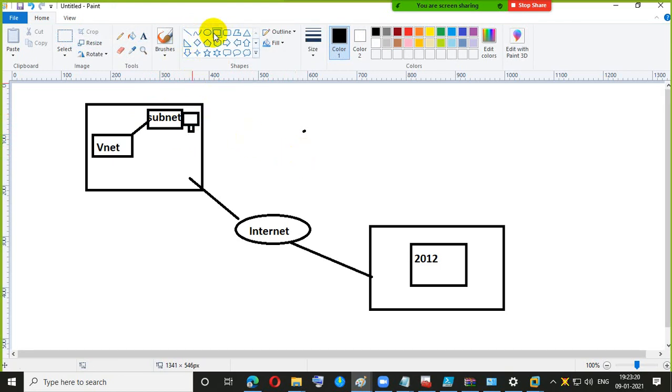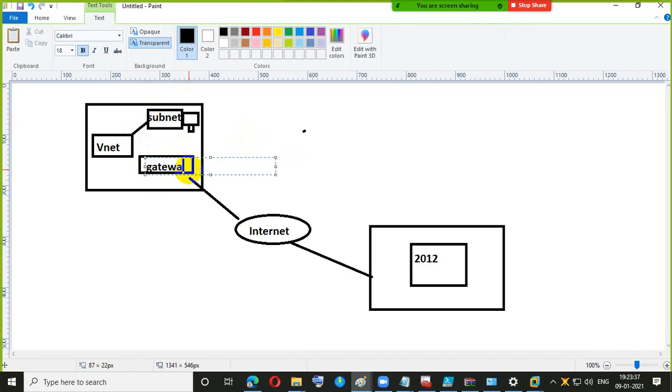And there is a gateway subnet. So the gateway subnet is also created.